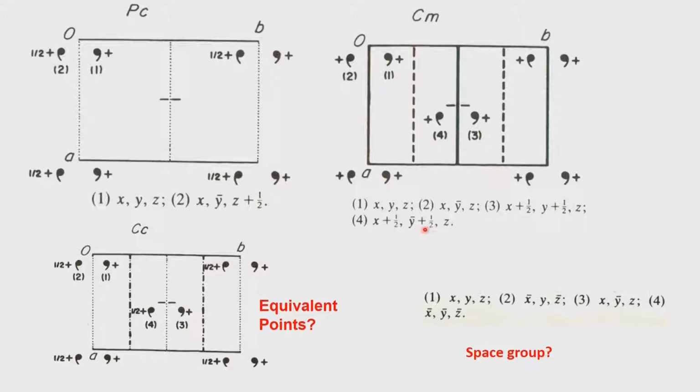Of course, the presence of the mirror is at half distance, and you see that half distance mirror is shown by a dark line here. Therefore you have the mirror at 0, you have the mirror at half, you have the mirror full length, and you develop a glide, which is an A glide here. In the case of the C centered lattice with a mirror symmetry, you invoke the presence of an automatically available A glide.